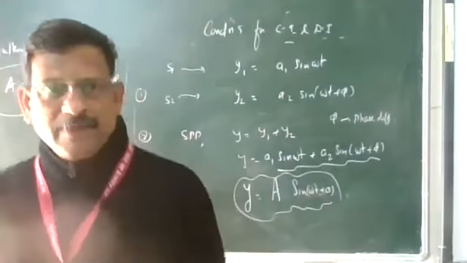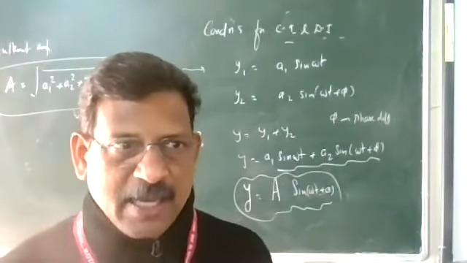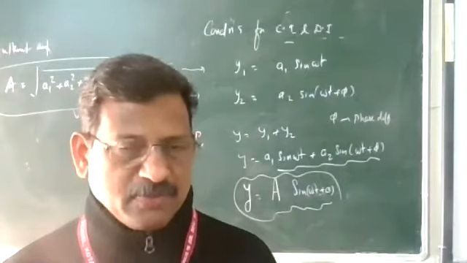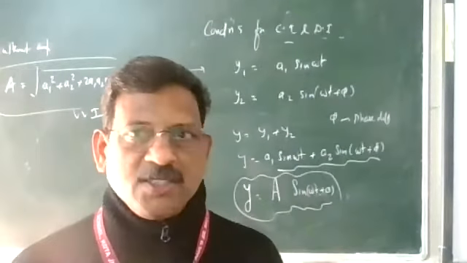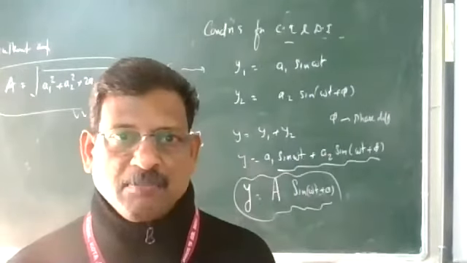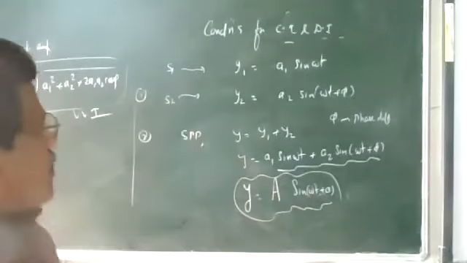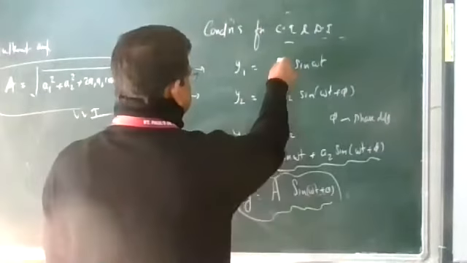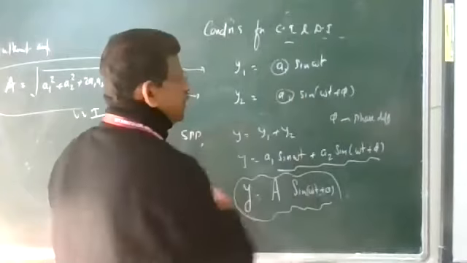And in the wave, intensity means energy. What is the relation with amplitude? In SHM, energy is proportional to the square of amplitude. Similarly here, intensity is also proportional to the square of amplitude. So for the first source, its amplitude is A1, and the second one has amplitude A2.